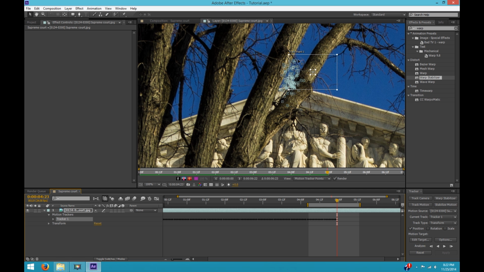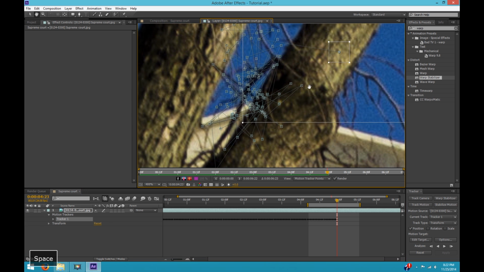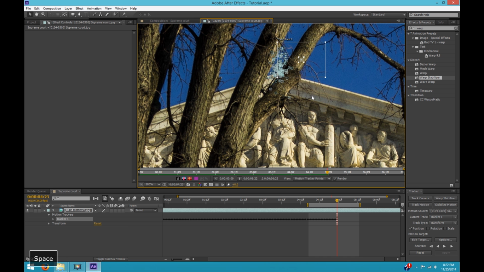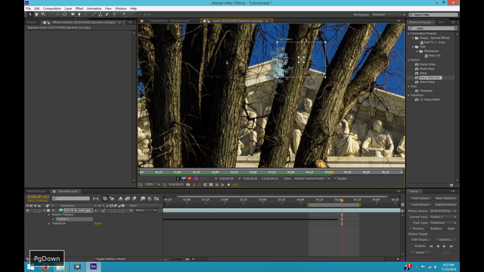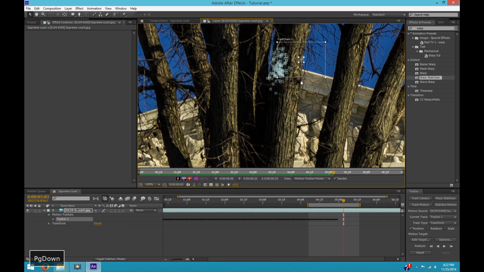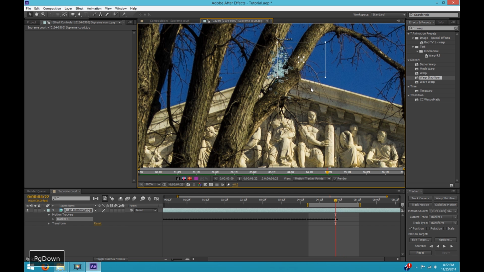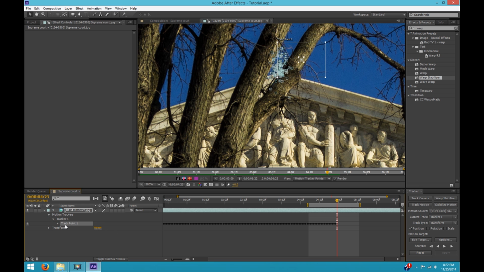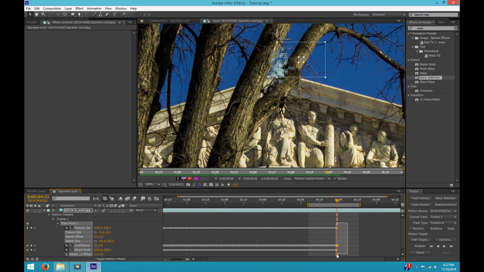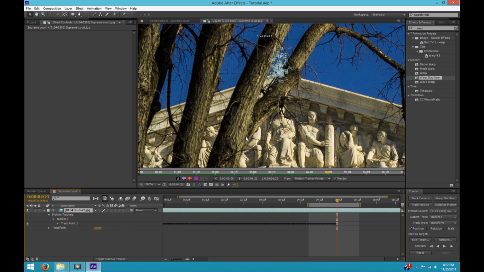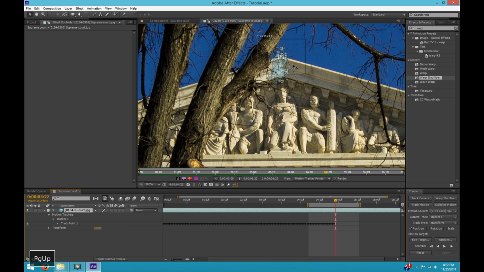Okay, so now I've reached the point where my tracking point has gone behind this tree. It's somewhere back here. And for the next few frames, I can page down and look at the next few frames. It's visible in that one, but there's several in a row here where I'm not going to be able to see it. So what I want to do here is, this keyframe is bad. I want to delete that keyframe. So I'm just going to expand this and select this keyframe data and delete it. And so at this point, this is the last good keyframe I can get out of this tracking point.